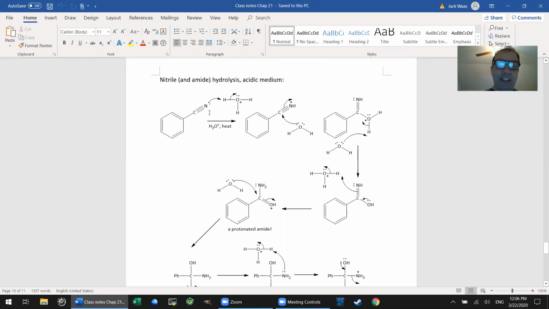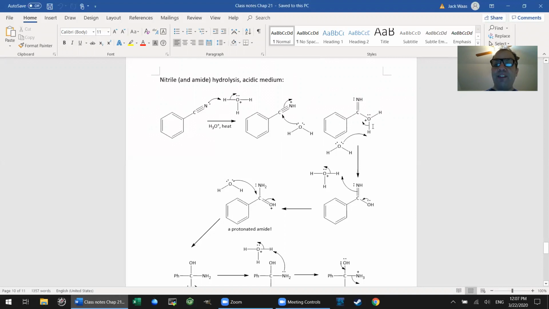oxygen, so the same thing here. The first step is going to be protonating the nitrile nitrogen. All we have present, remember, is dilute aqueous acid. This generally does require heat as well. So this protonated derivative is now even more electrophilic and susceptible to nucleophilic attack by even a moderate nucleophile like